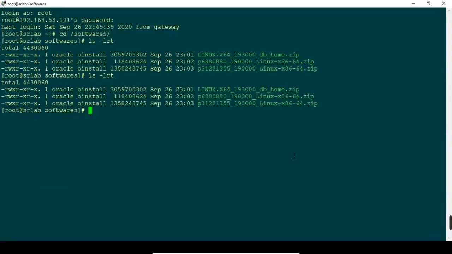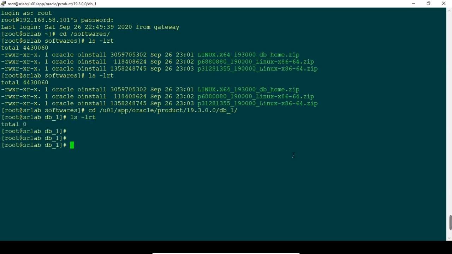I am going to unzip this. I have already created the directory, cd /u01/app/oracle/product/19c/db_1. You can see there is nothing there. We are going to unzip in this location.